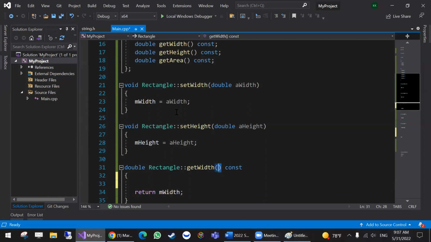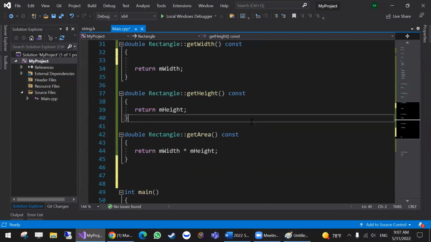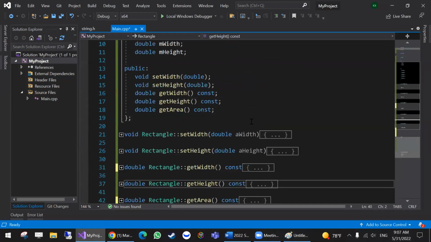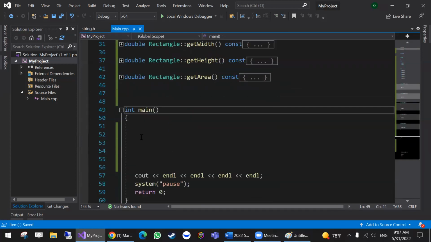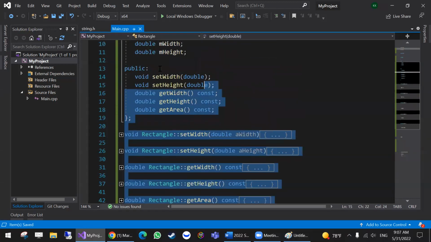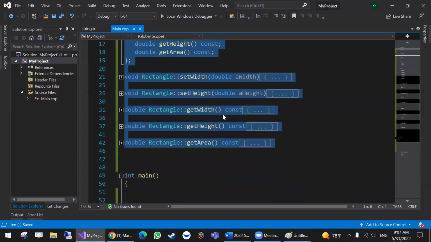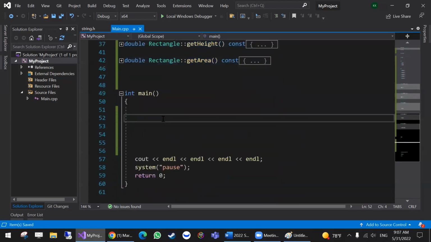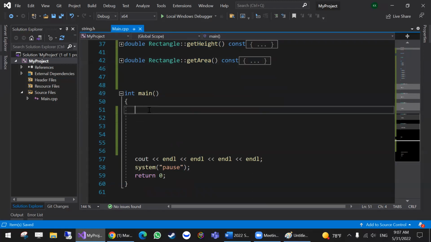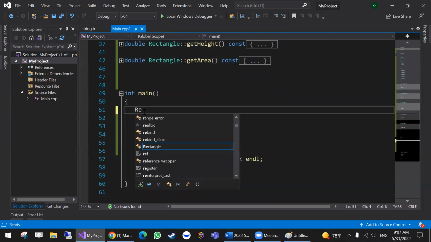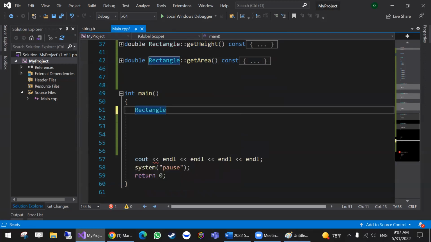So now that we created this class, let's go ahead and create an instance of that class. I'm going to collapse all bodies. Then I'm going to go to my main. The fact that I created the class above main and defined it allows me to create an instance similar to functions. The compiler goes top to bottom in each file. If the compiler at this line is aware of a class called rectangle, then it's going to allow me to create an instance. If main was above the class definition, then it's not going to allow me to create the instance. I'm going to call it L box, and L for